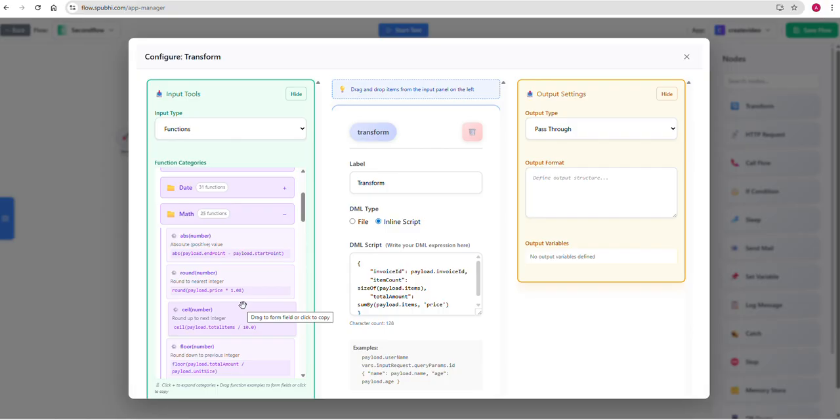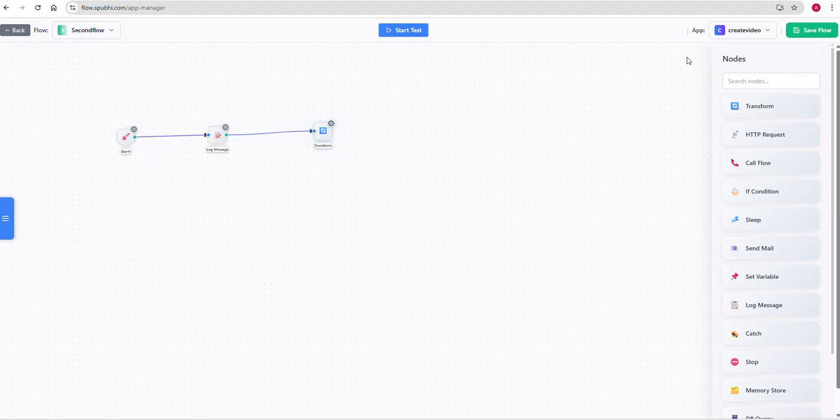So yes, we can convert complex JSON structures as well. In coming videos we can learn more about how to transform JSON from one structure to another structure using